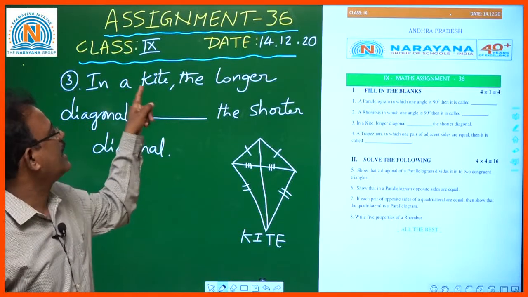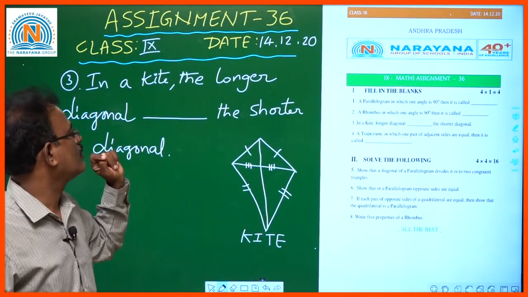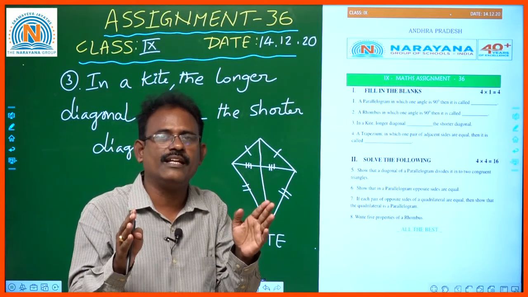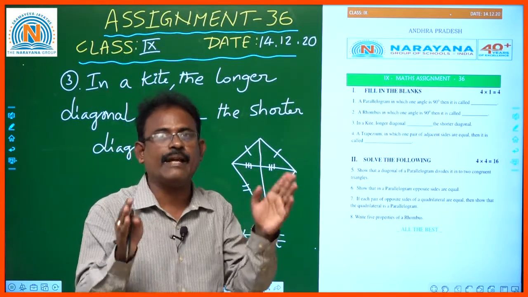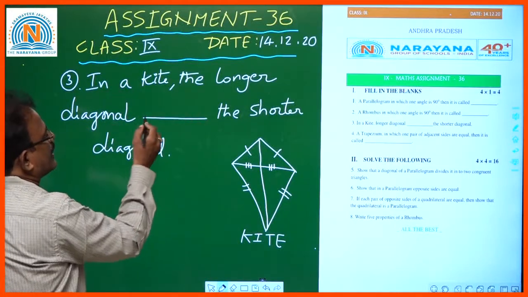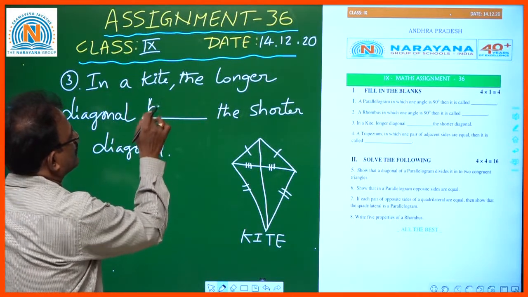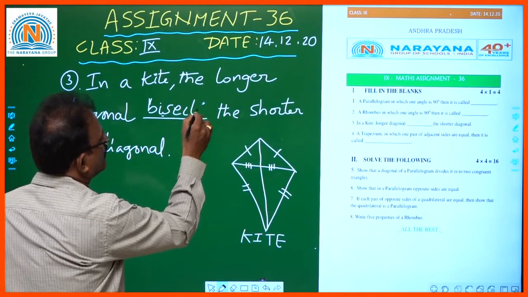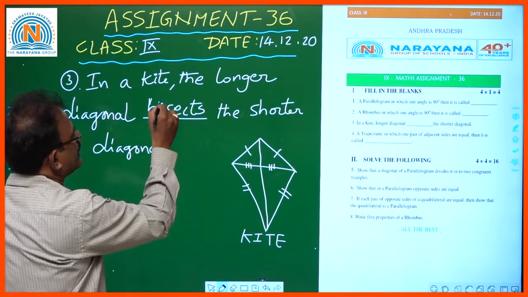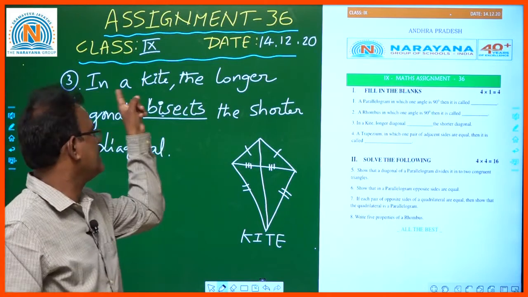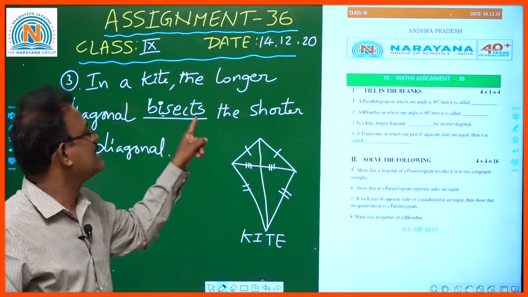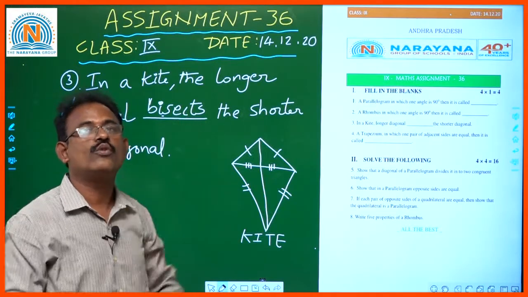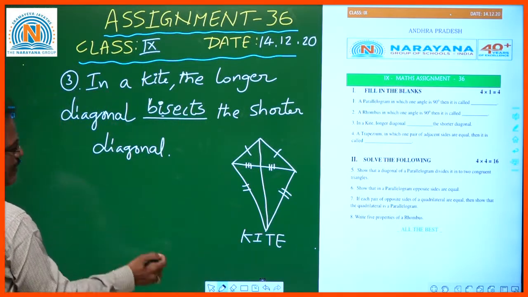In a kite, the longer diagonal divides it into two equal parts, technically we call it bisecting. So the longer diagonal bisects the shorter diagonal. Okay, children? In a kite, the longer diagonal bisects the shorter diagonal. Bisecting means dividing into two equal parts. Okay. So, our fourth one,